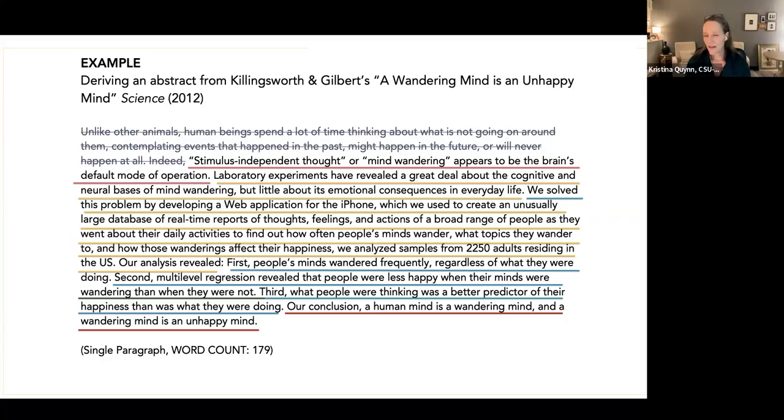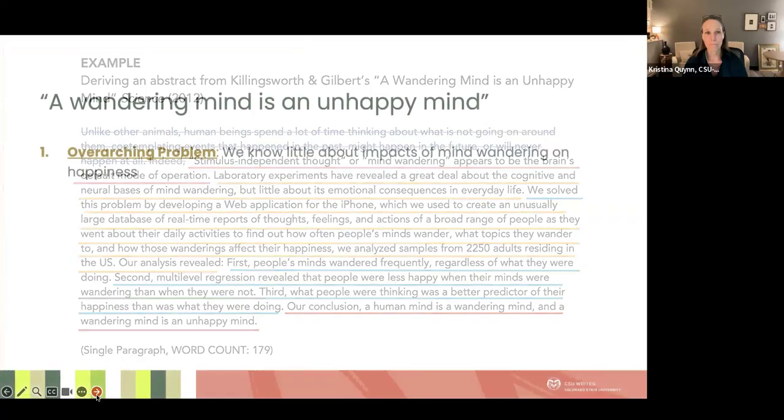This is about 179 words, depending on the journal that you're submitting to or the constraints that you will be given on your own abstract. Usually there's a word constraint limit. So it could be anywhere between 75, 80, which is pretty short, to 250, I don't know. I haven't seen them much longer than that, but again, it depends on your field. And so I would not be surprised if there are some variations on what's expected in word count.